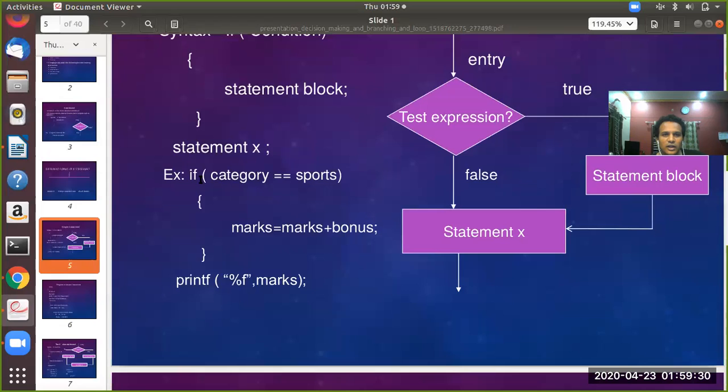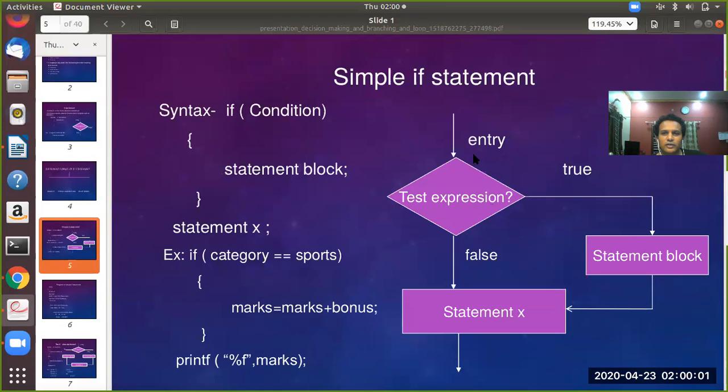Similarly, if category is equal to sports, then go and update the variable mark equal to mark plus bonus. Otherwise, skip this part within the flower bracket, but simply execute the C statement line present immediately below the closing flower bracket.